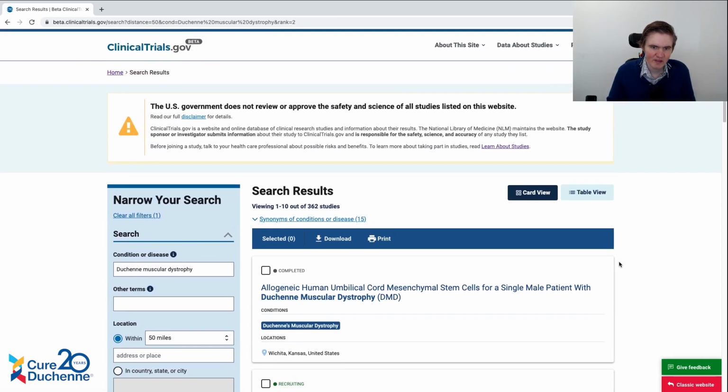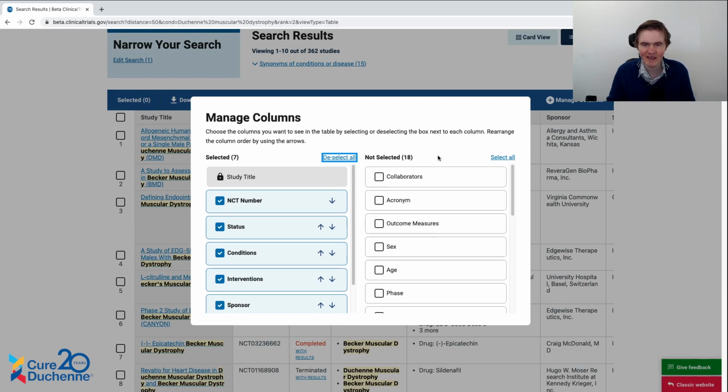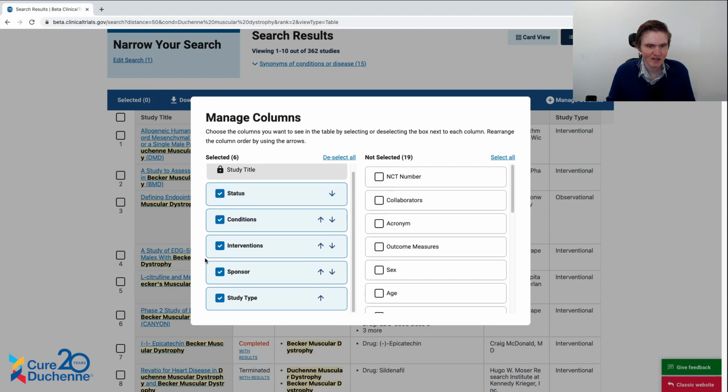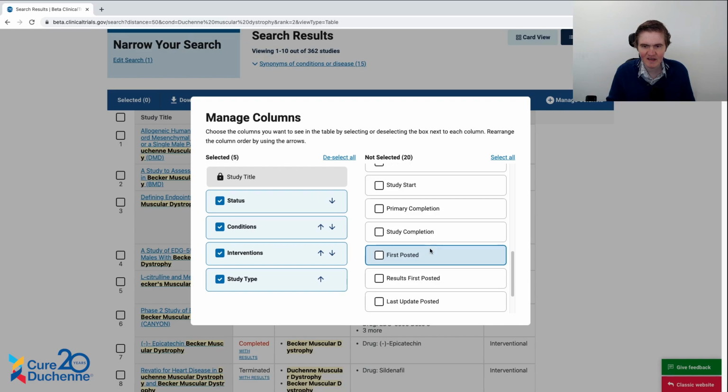And one thing to note, the card view is great. This gives you a lot of information, but you can also change it to table view. And this will allow you to see a little bit of a bird's eye view: the NCT number, which categorizes each clinical trial on the clinical trial site, and the status, conditions, interventions, and the sponsor. You can also, if you want, manage the columns. So you can deselect NCT number if that doesn't matter to you. You can deselect the sponsor. But if you're curious about, let's say,